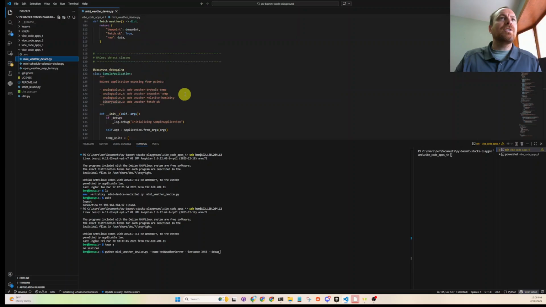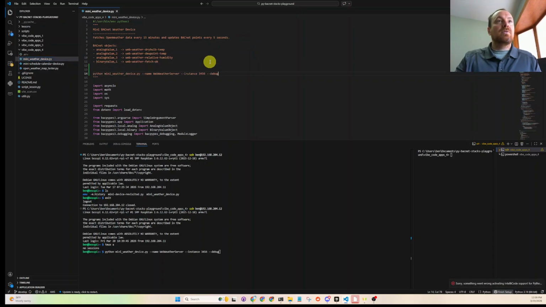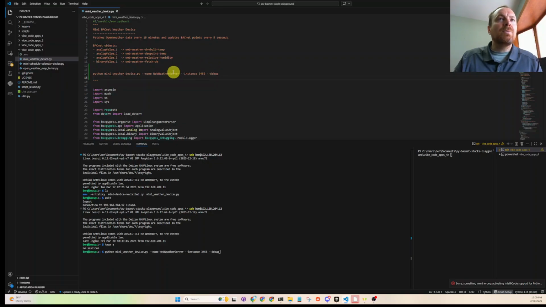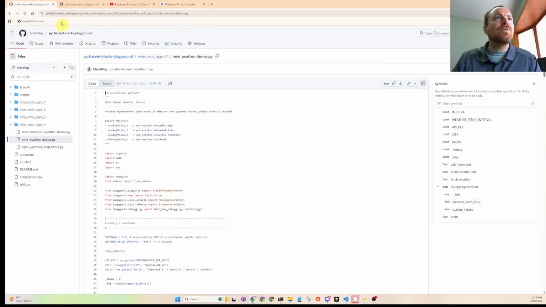For a mini weather station, I like to keep little cheat sheets for how to run the Python script. Remember, we have args here for the name of the BACnet device, the BACnet instance ID, and debug. This is all through BACpipes, the BACpipes library that supports all those args. Another thing worth showing too is